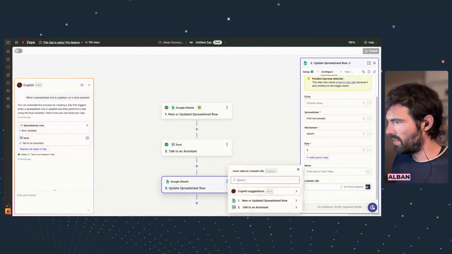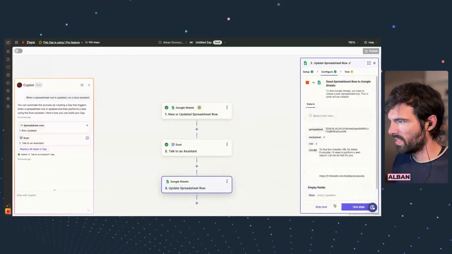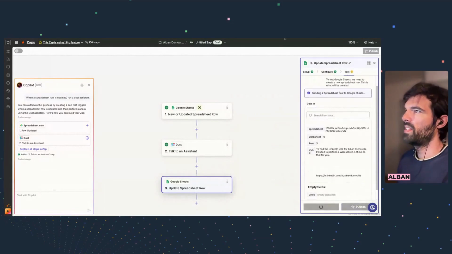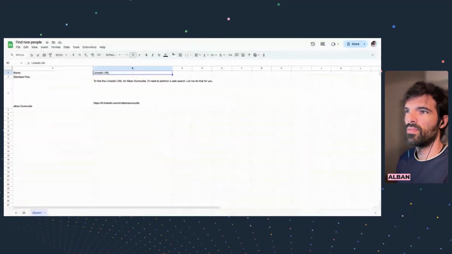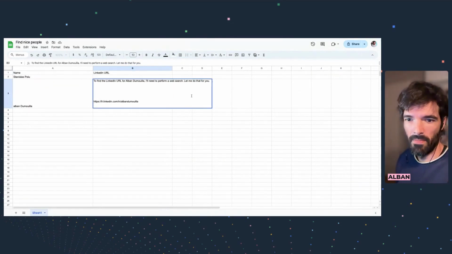So I'm going to update the LinkedIn URL with the answer of my assistant. And if I test my step and I go back to my spreadsheet, you can see that it's been updated with what the assistant